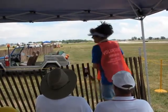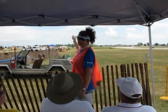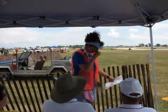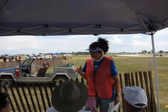We ask that you remain seated and with your seatbelt on the entire time you're on the aircraft. That includes taxi out, your air time, and taxi back. When the doors are open, you are free to move about the country. In the event that we are going over Lake Winnebago, which will give you an awesome view